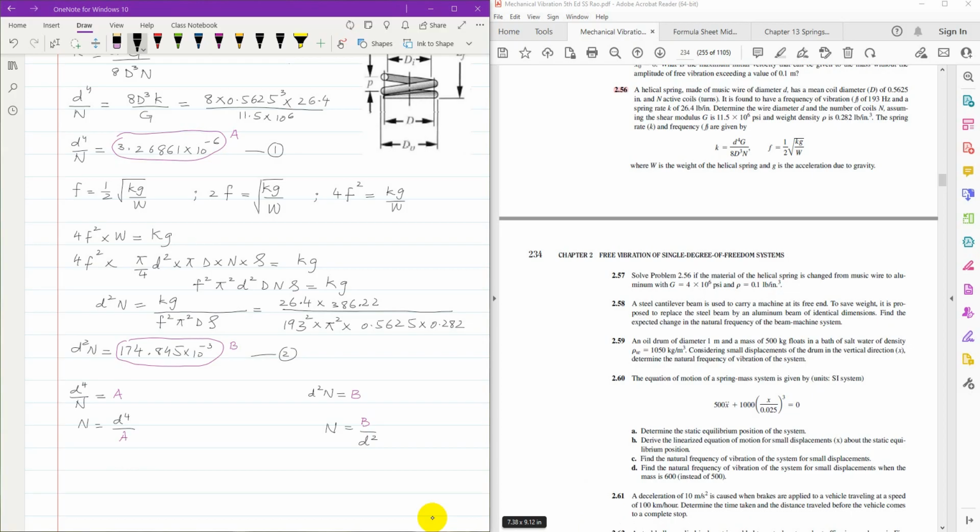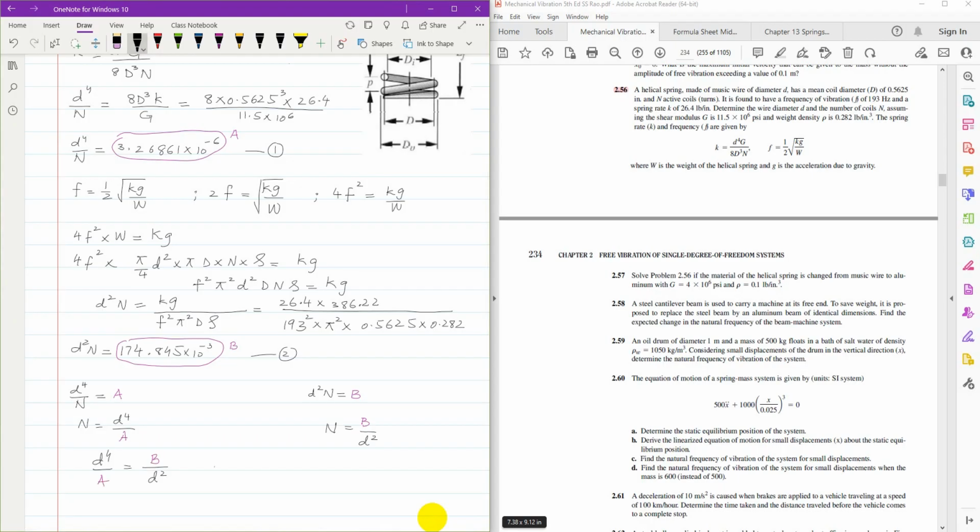So from equation 1, I'll have d raised to the power 4 over n is equal to a. A is saved in the calculator, otherwise you can use that number here. So n is d raised to the power 4 over a, and from equation 2, d squared n is equal to b, and here I can make n the subject, so it will become b over d squared. And then further I can make those values equal. So it is d raised to the power 4 over a is equal to b over d squared,